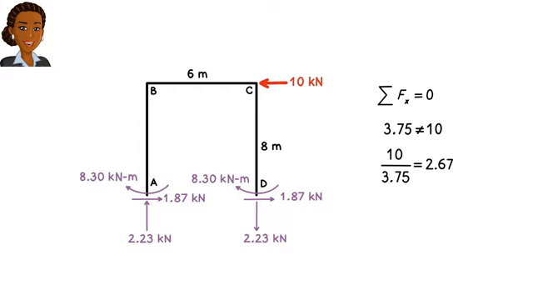Does this mean that we need to go back and regenerate the moment distribution table? No, not really. We can simply multiply the answers, the member end moments and support reactions, by 2.67 in order to arrive at the correct values. So the actual support reactions for the frame are